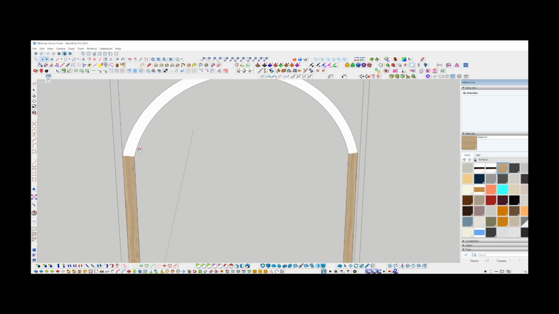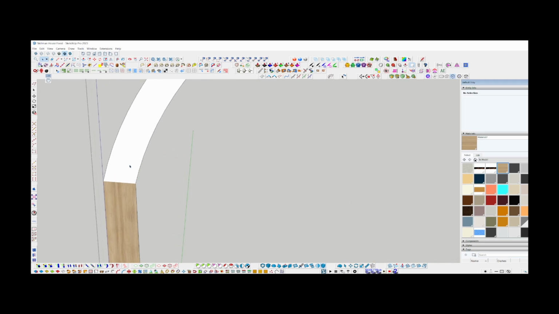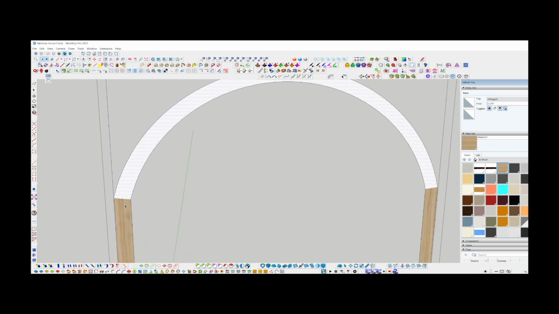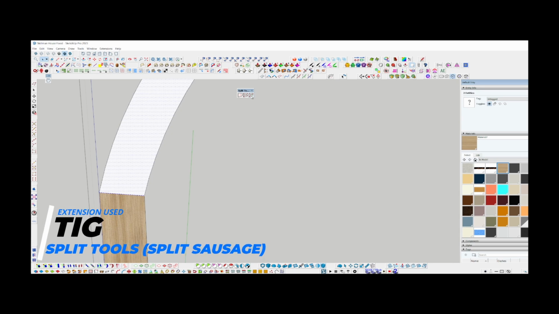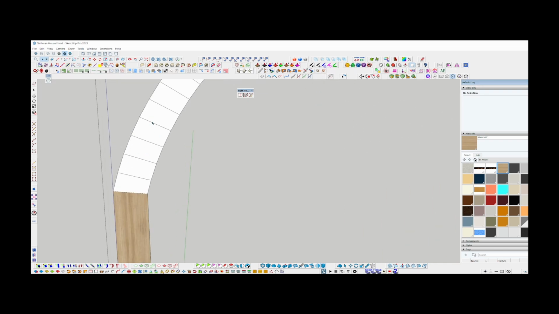So if I turn on my hidden edges, I lost all of my quads in here that were supporting my texture. So all I have to do, click here, and I'm going to turn on hidden geometry, and I don't want to select everything. I just want to select here that we just created, and I'm also going to select one edge, and we're going to use a plugin called Split Tools, and we're going to use this one here, Split to Sausage or Split Sausage, and all that's going to do is put divisions in between our